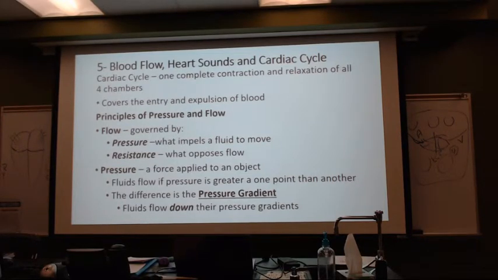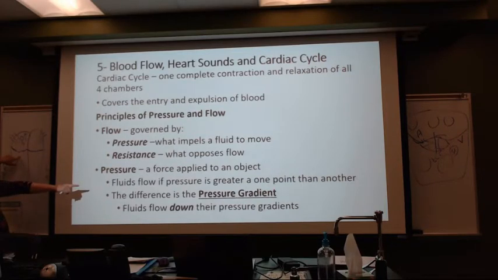As the blood fills the atria, pressures rise. Now, as that pressure goes up, what do you think is going to begin to happen to this valve? It's got to open. So,